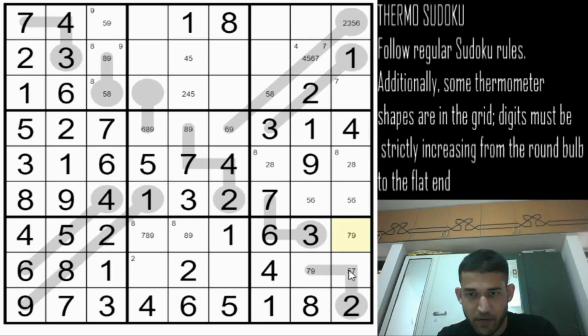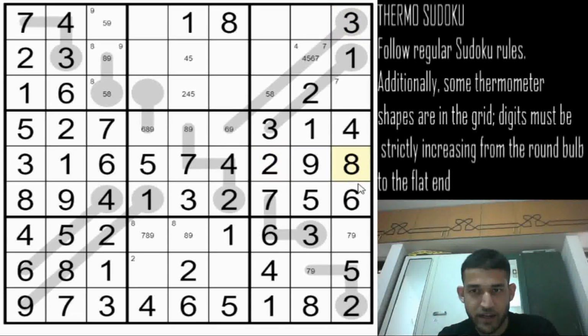Now we have 7, 9 pair, so this will be a 5. This will be a 5 using classic rules. So this is a 6, and only possible digit that can come here, because 2, 5 and 6 are in the column already, is 3. So we have a 2 here and an 8 here using classic rules. So this will be a 7 or 9,